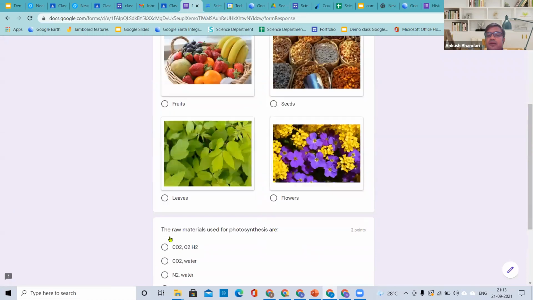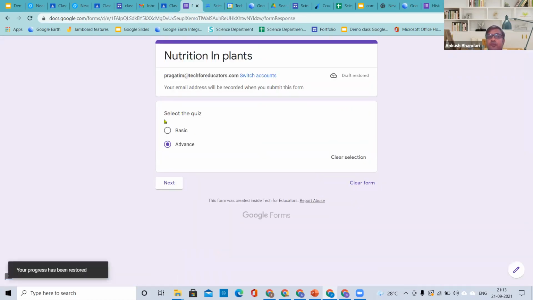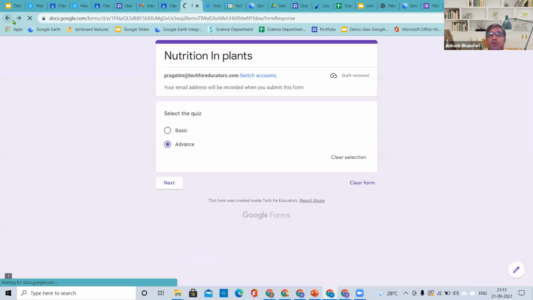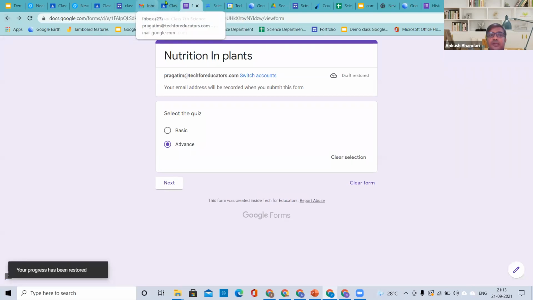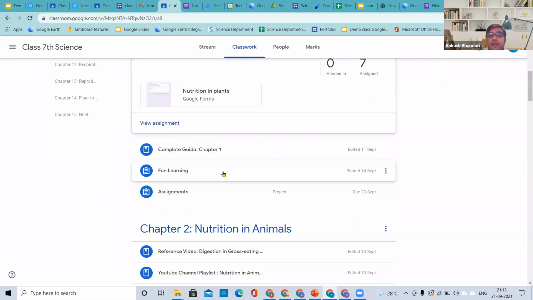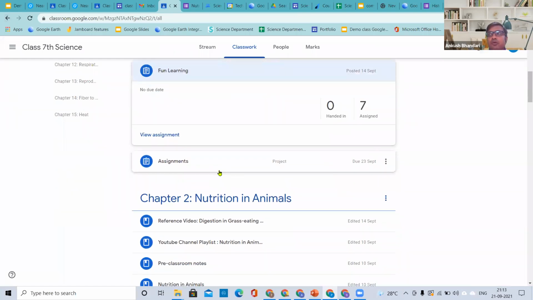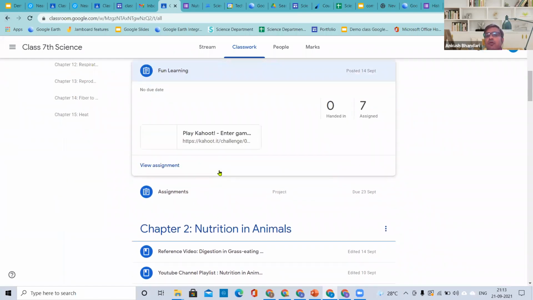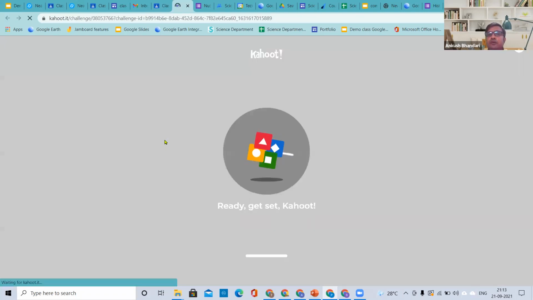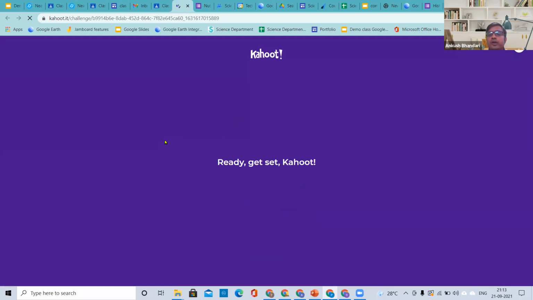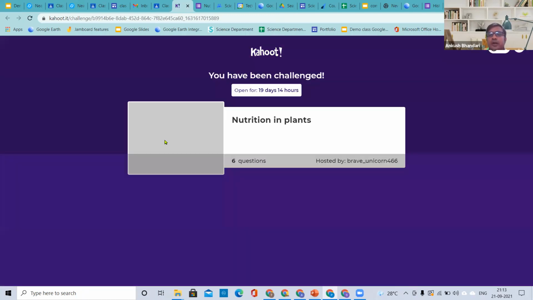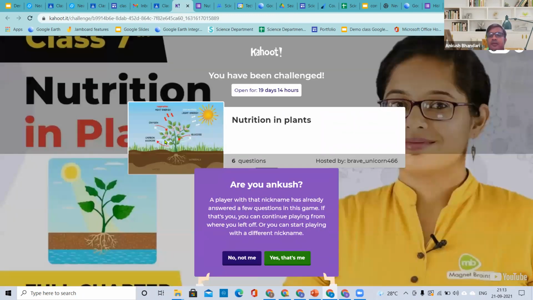So this is the way you will able to conduct different kind of quizzes on your subject, and even you can gamify, right? So nowadays all children, all kids are there on playing the video games. So this is again an extension of Google tool which you can insert in your Google Classroom, and again we'll be covering this part as well.